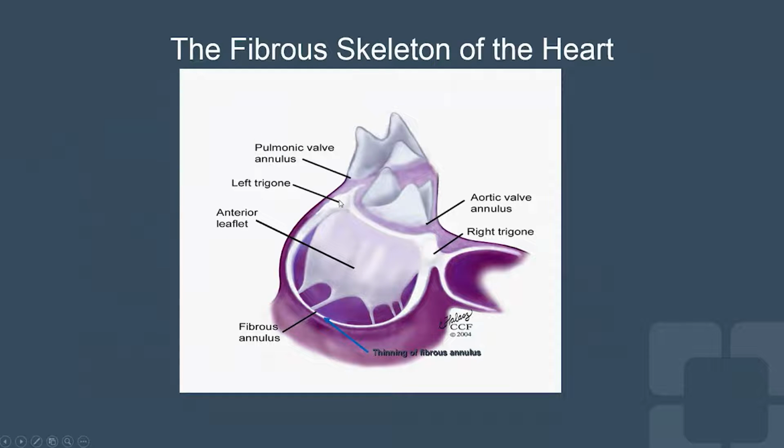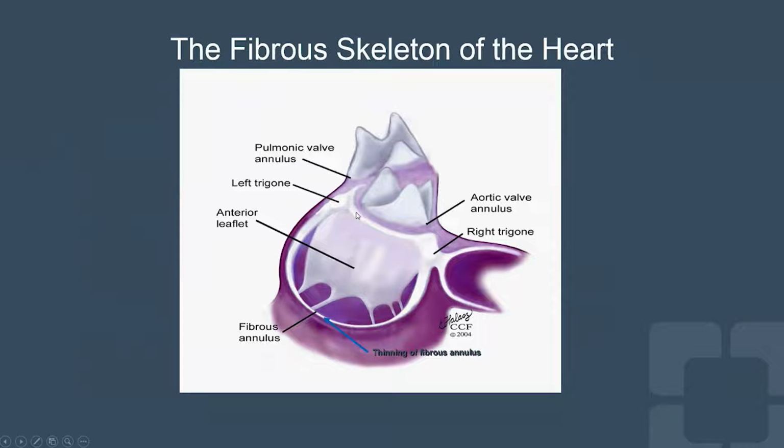The mitral valve on the anterior side is anchored onto the trigone. You have a fibromuscular structure which has the left and the right trigone, and this fibromuscular structure is also shared with the aortic valve annulus. Between the mitral valve and the aortic valve, you have the aortomitral curtain, which is a fibrous structure, and